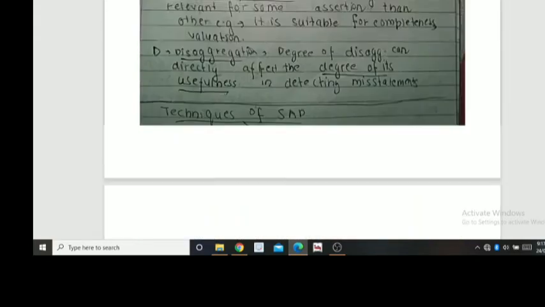If you analyze the past exam papers, you will find that from this chapter there are high chances of direct questions and less chances of indirect questions. So the question will be really simple, but you might get confused while writing the answer. So read the question very carefully. If it is written factors, then you have to write which we have already discussed, ASAP India. And if they are asking you the techniques, then you have to write these 4 points. So the 4 techniques are trend analysis, ratio analysis, reasonableness test, and structural modeling.